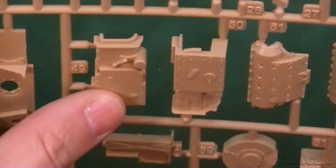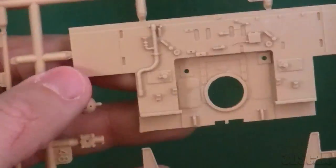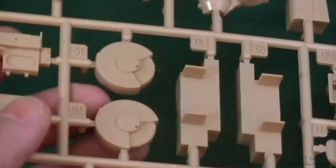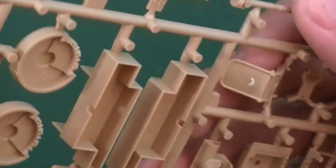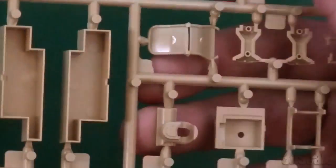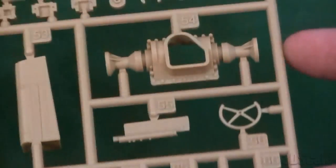It seems some of it's made the same way Academy's was, but other parts are done differently. There's their firewall. Again, everything's shiny though. That's the way their other kit was too. There's the actual interior part of the final drives. The seat. I believe there's photo etch that goes in the back. These are weird marks though. Their ejector pins look like they've been trimmed off. I mean, everything looks crisp, but